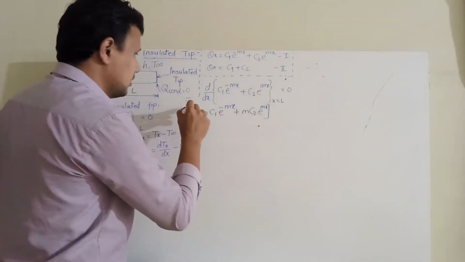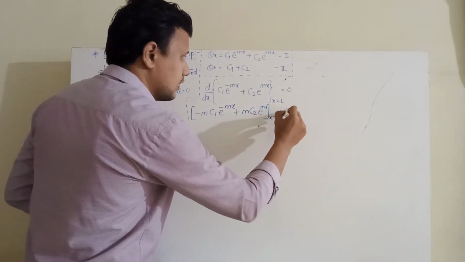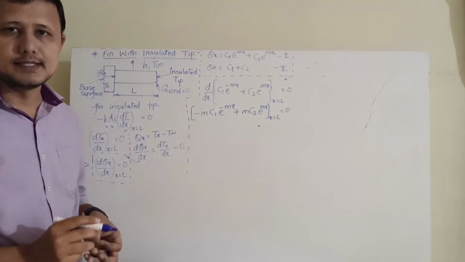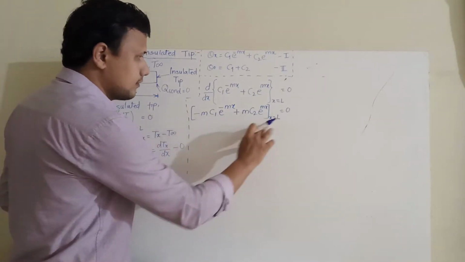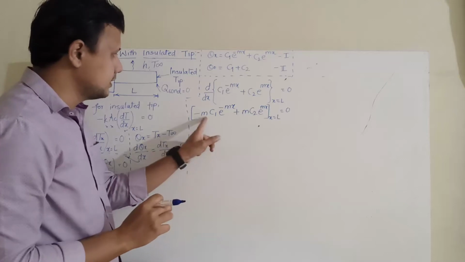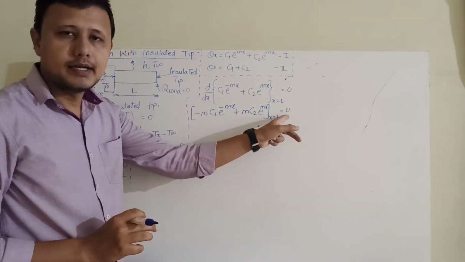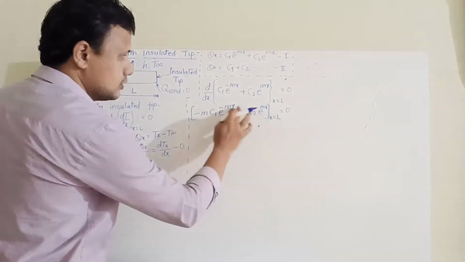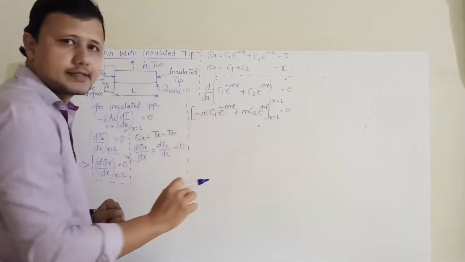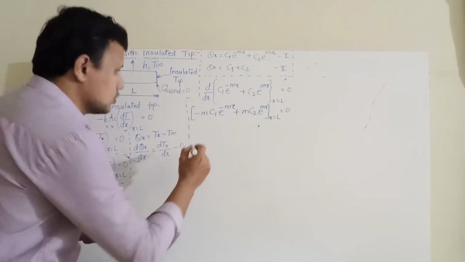But remember, everything we have to apply at x equal to L and the right hand side is still 0. Now what we will do, we will divide the entire equation by minus m so that this m is eliminated, or it can be taken out and directly divided into 0. So divide by minus m and substitute the value of L instead of x. Wherever you see x, substitute x is equal to L. So what do you get?